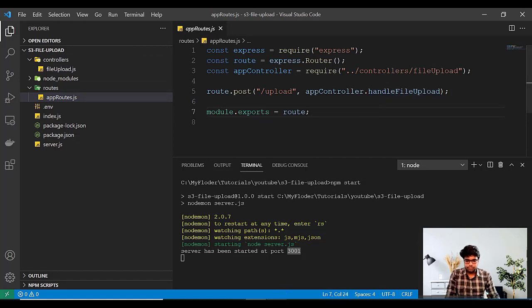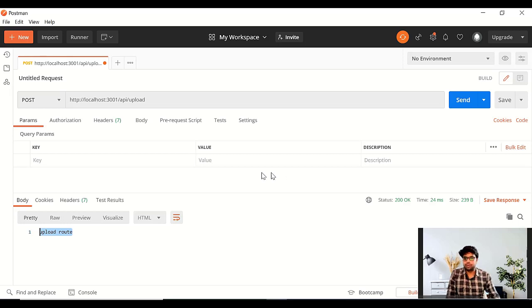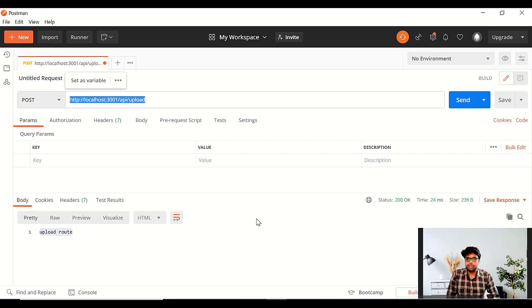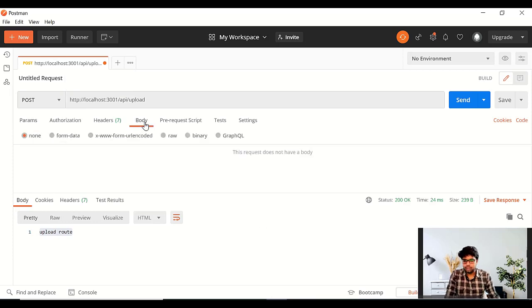In the next step, we need to pass file information from Postman to this route. When you deal with a file, you need to make sure that inside the body, you use a form-data request. Inside the form-data request, you will find the file type, where you can choose a file from your local system.